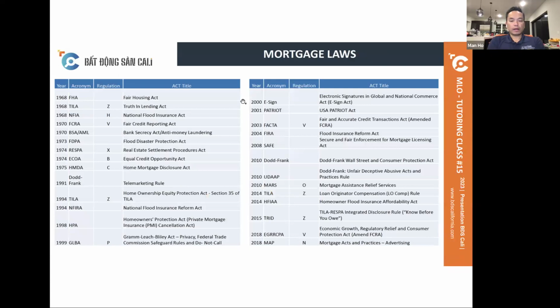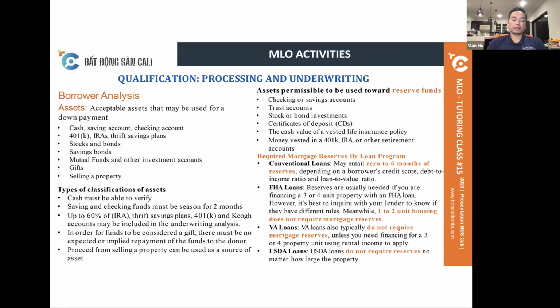Anyway, so now I'm gonna continue with the process of the loan, when the borrower fills out the application, right? We collect the information, we collect the documents, we review the documents, and we update the application accordingly, right? And then we verify if the income is good, and then we check the credit, right? We check the credit, we check the DTI, and see if it's within the allowed range, and then